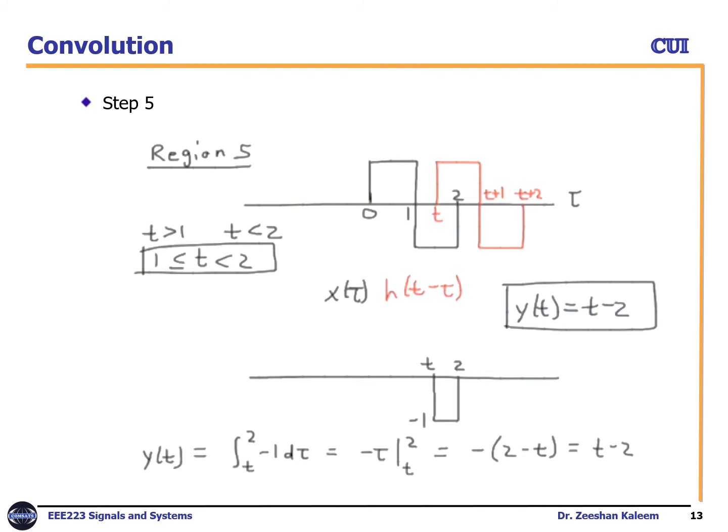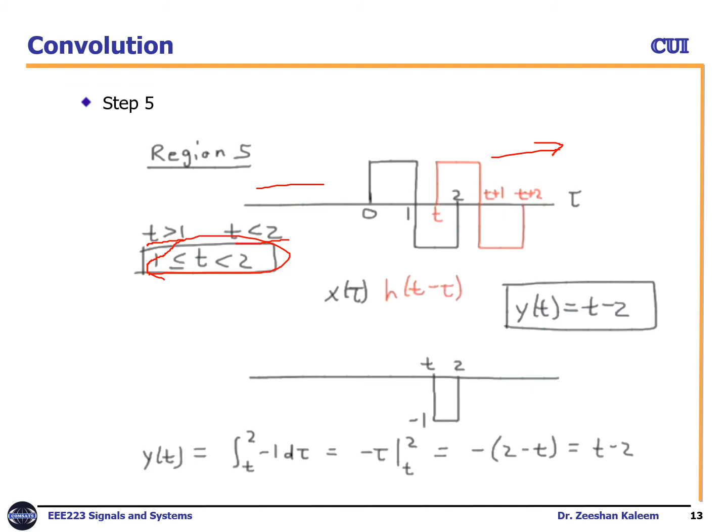So we will keep moving until there is no overlap on the positive side, because we start from the left hand side here, and when there was no overlap, we will keep moving in this direction until we don't have an overlapping region. So here we have an overlap again, and currently we have a region t is greater than 1 and t is less than 2. So this is another region.